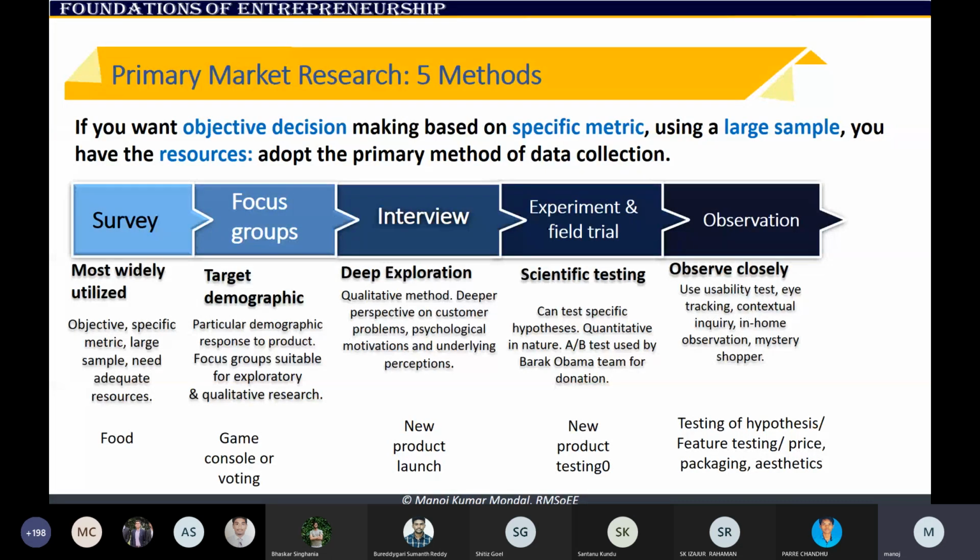Focus group: when you invite some people into a small room, big room or whatever, then you talk to them about the novelty of your solution. Then you take feedback from them. They tell you that yes, this is good, this is not good, we don't want this, we want that, etc. So that gives a direct kind of response, not one-on-one, but almost direct.